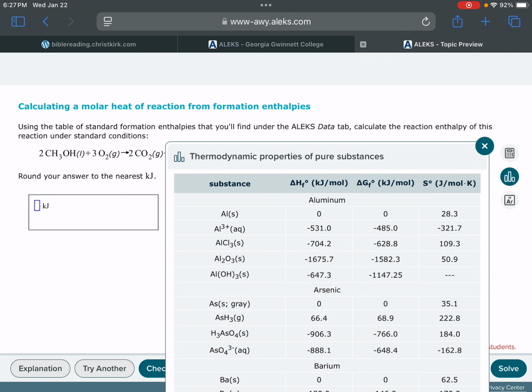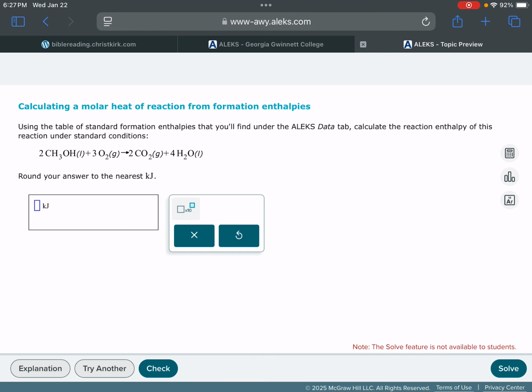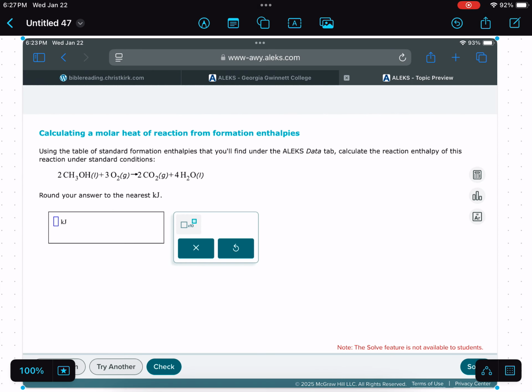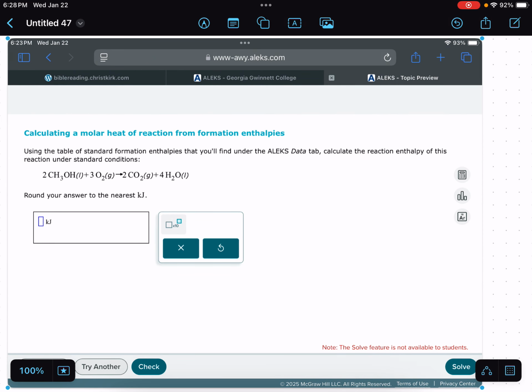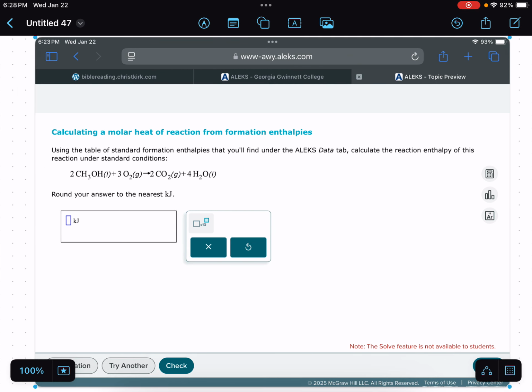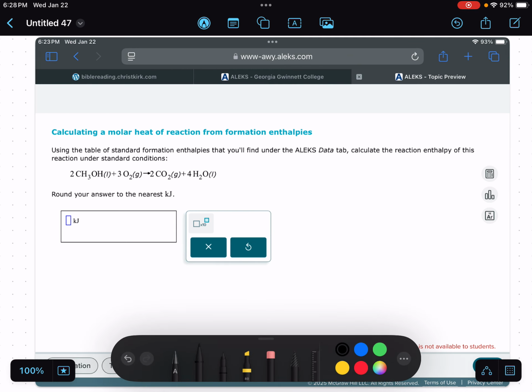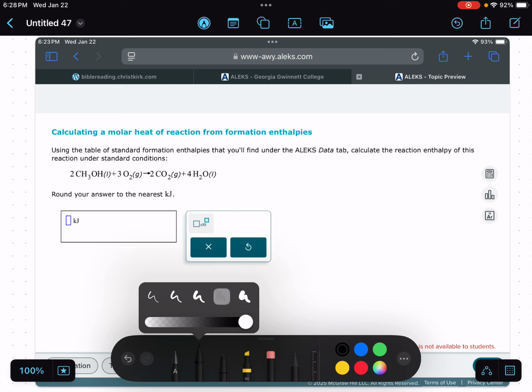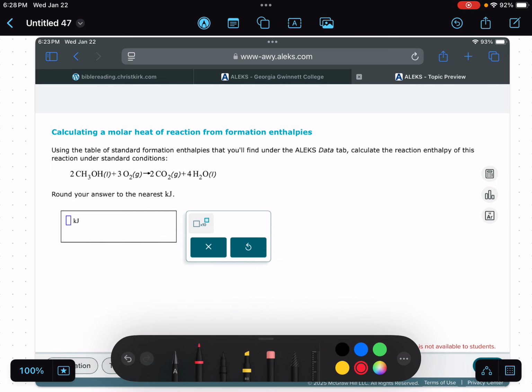All right, so let's go over to the whiteboard real quickly. I've screenshot this and put it over in the whiteboard, and we'll set it up first, and then we'll go look for those data. All right, so let's go here. Again, this looks like the same problem, but it's just a whiteboard. And let's get our marker out. Okay, so use the standard formation enthalpies under the ALEKS data tab to calculate the net enthalpy of this reaction